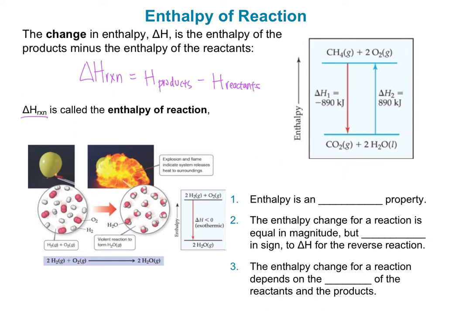So we can see here that when we have hydrogen and oxygen reacting, those are reactants, and they have this certain energy, and water is our product, it's this energy. So our reactants have a higher energy than our products, and so our delta H is going to be negative, which is exothermic, which is why we see a big explosion. It's very exciting.